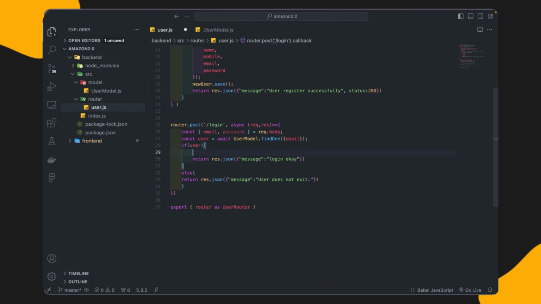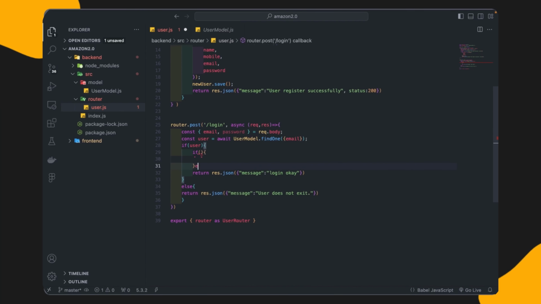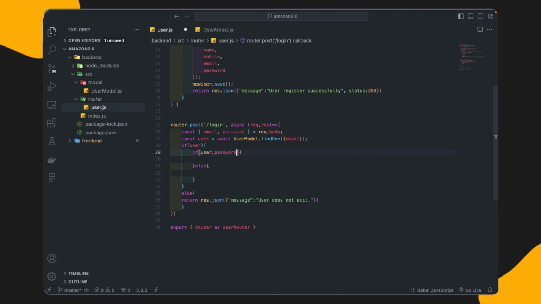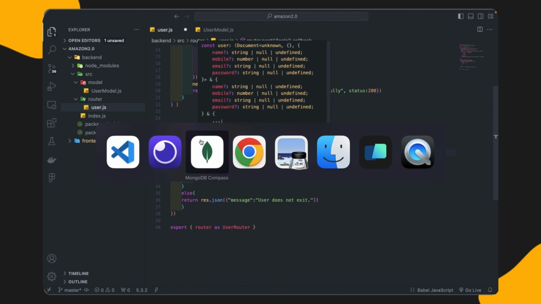So first of all, inside this if condition we will write one more if condition, and in this one an else part will also be there, and depending upon that we will write our logic. So if user is present, then we will check if user dot password, means this user data is having password in the backend.